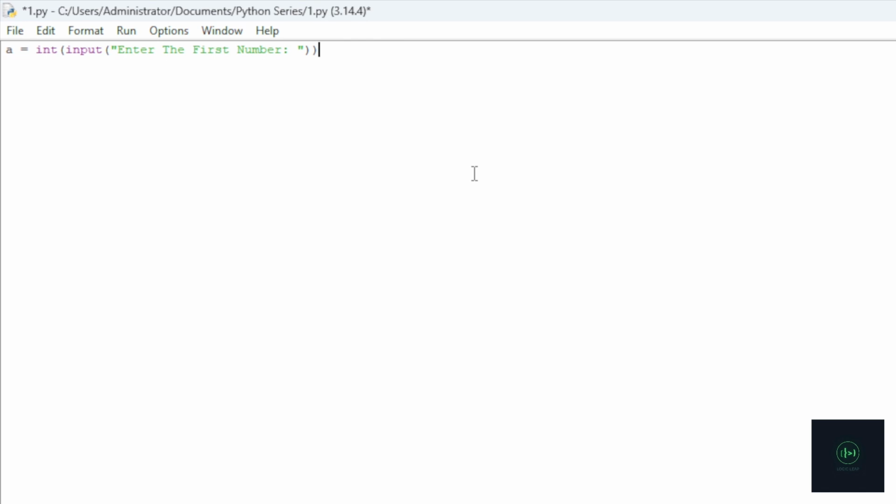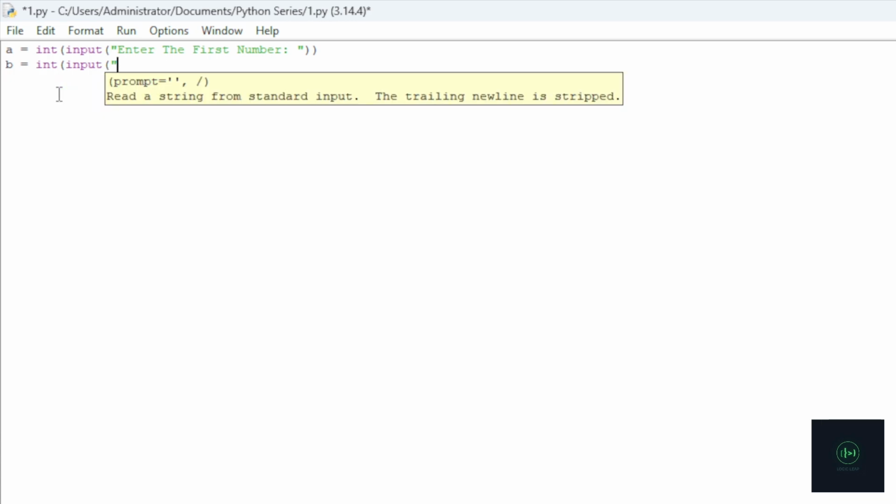So you're gonna do the same thing to b too. So you can type b is equals to int input, in double inverted marks, saying enter the second number. Here we have this,